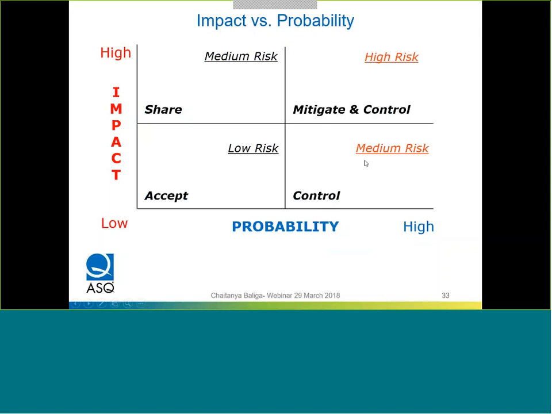When you have a medium risk, you have two areas. One is a high probability of occurrence. At that time, you use control mechanisms. You have more inspections. That actually increases your cost. But if it's a low probability, but there is a medium risk to it, then you should share it, like in terms of business continuity plans or having some kind of other agreements, such that you reduce that risk to a certain level or mitigate that risk if the impact